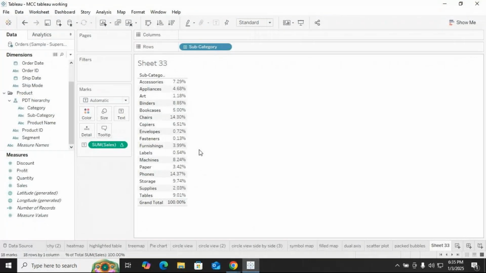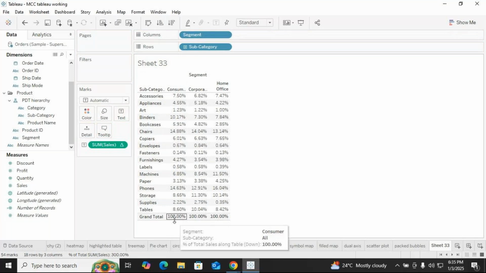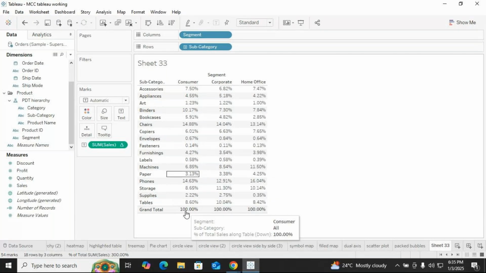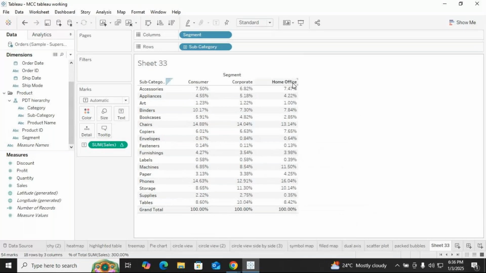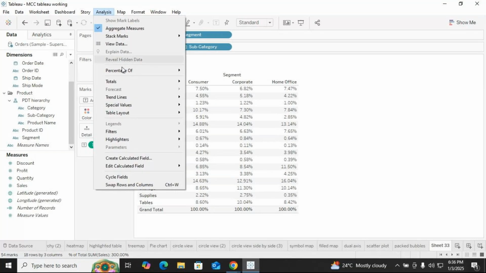Okay, now what I will do, I'm taking here the segment to the column. See all the segments, consumer, you can see this consumer is 100%. You have a corporate is also 100%. Home office is also 100%. Why all the three is 100%? Because the percentage of is selected as none. If I take it as table,